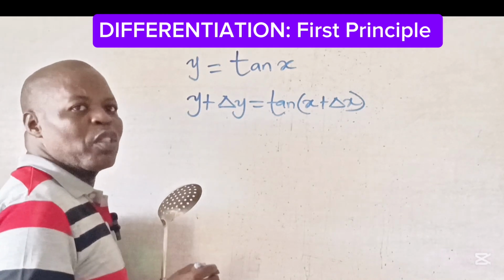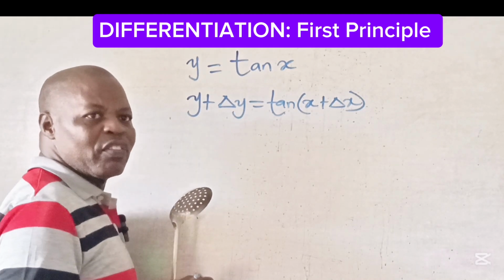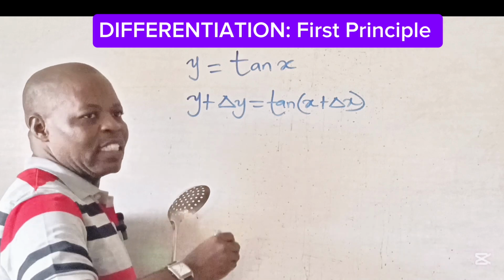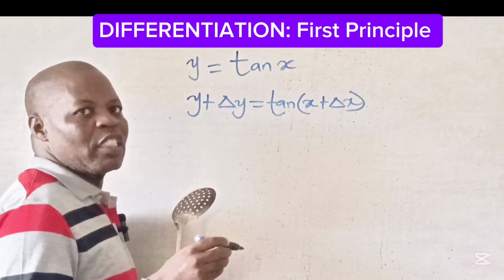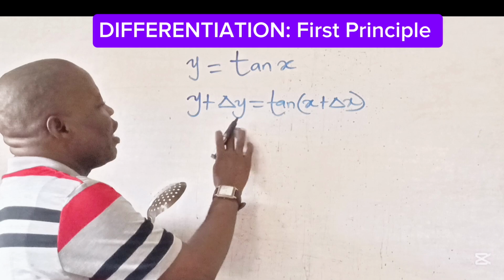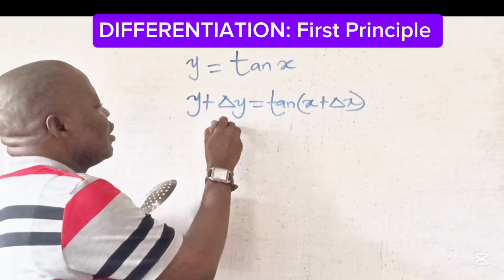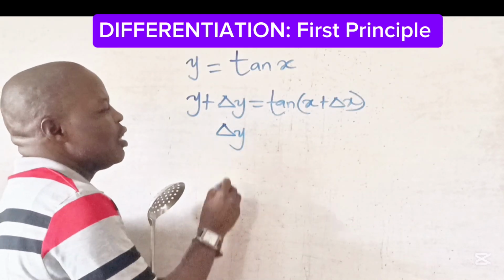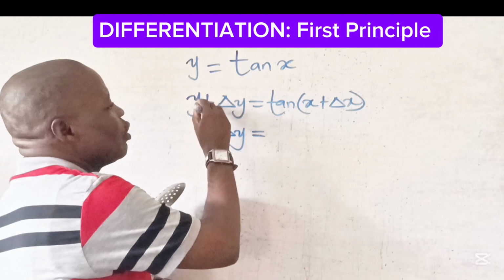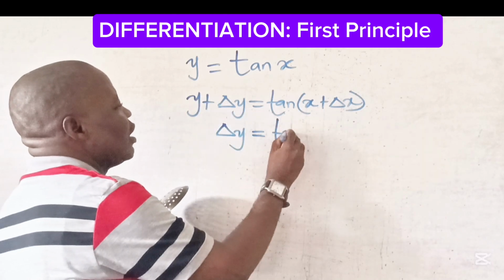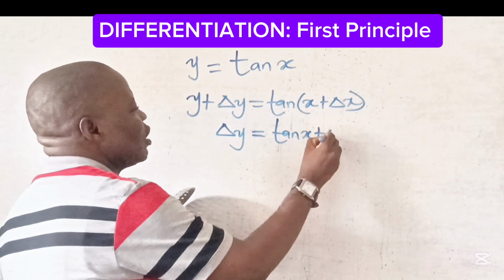So the essence of what we want to do is that we want to find the derivative of tan x from first principle. So what we have is that change in y will be left in this side, and we move this y to the other side, which is tan x plus change in x